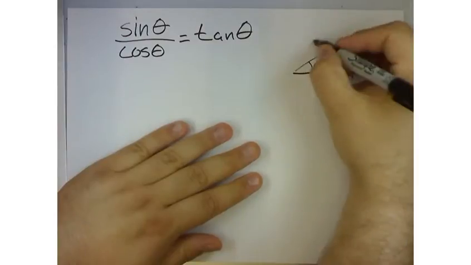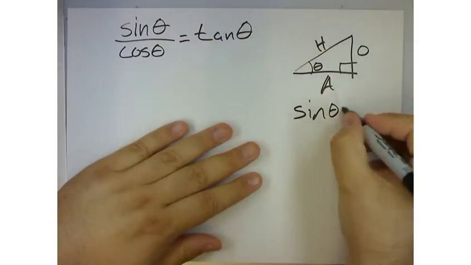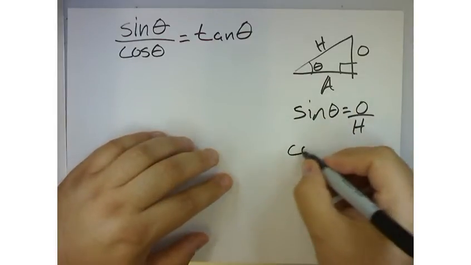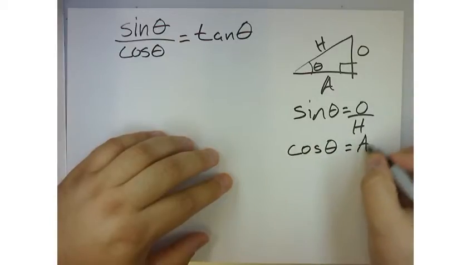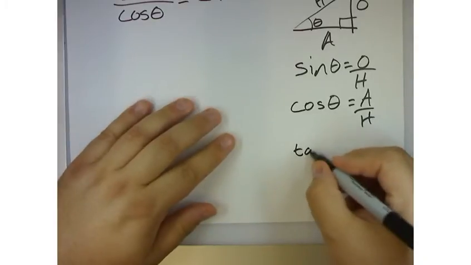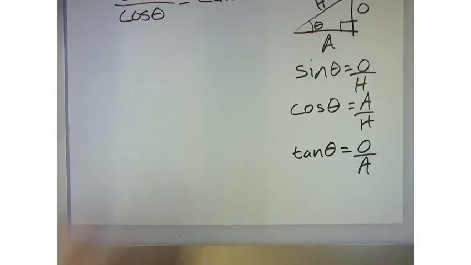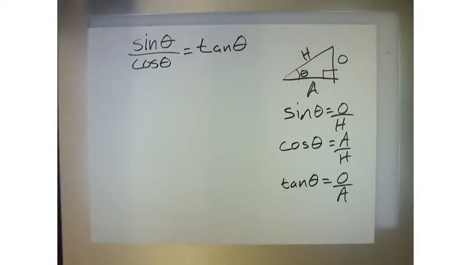adjacent side, and this is the hypotenuse, and so we say that sine of theta is equal to the opposite over the hypotenuse, cosine of theta is equal to the adjacent over the hypotenuse, and then again tangent represents the opposite over the adjacent, right? We know that for sure, right? We're good with that? Yes. Alright, so if that's the case,